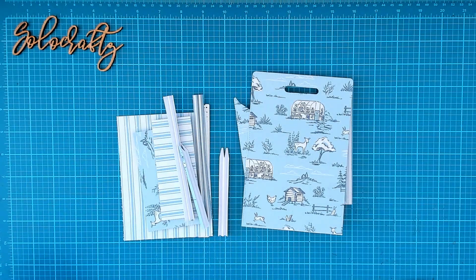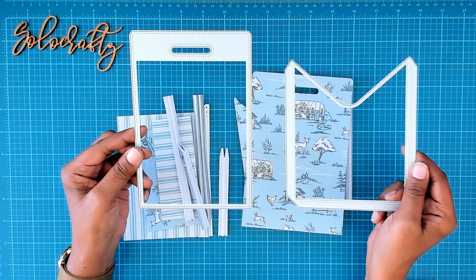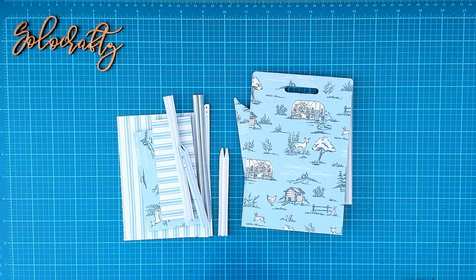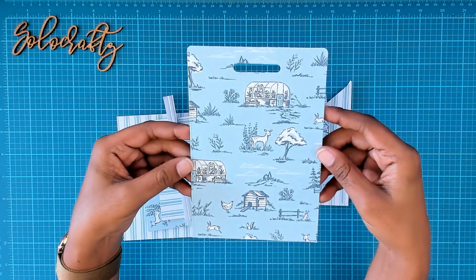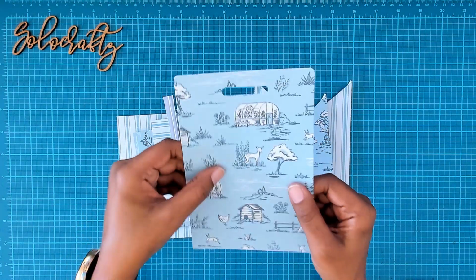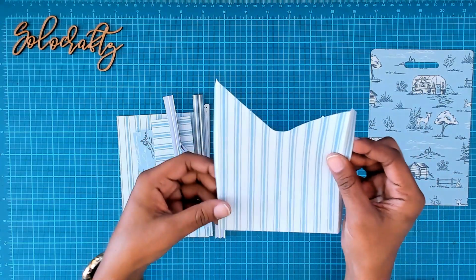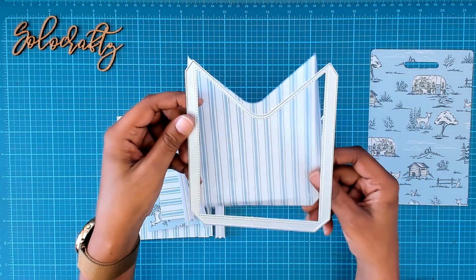These are some of the pieces that we're going to use, and then we're only going to use these 2 pieces. We're not going to use the flat part. So these 2 pieces of the die set, and I already cut this out, and what I did was I used the Maggie Home Garden Party paper, and I added some heavyweight cardstock to the back of it to give it a little more sturdiness. So there's that piece, and then I cut out a full piece of this one here, and that would be this. So I cut this whole thing out,